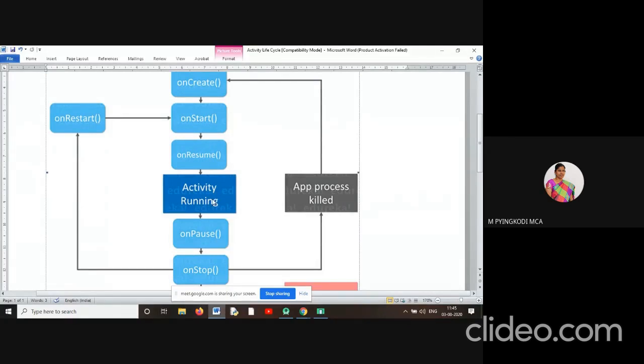Suppose you press the back button and exit that application.